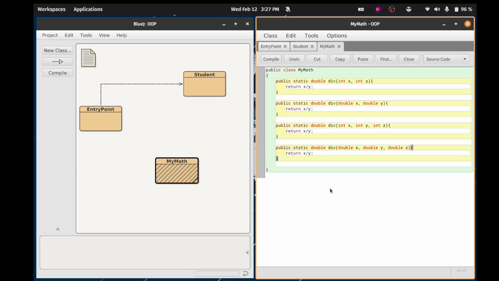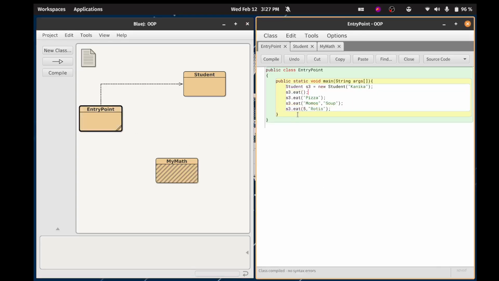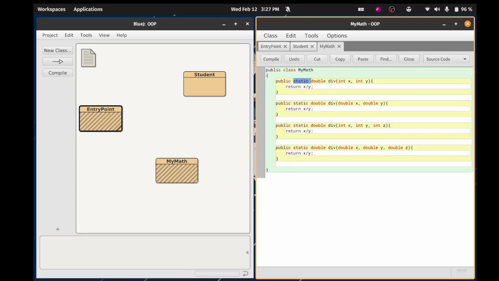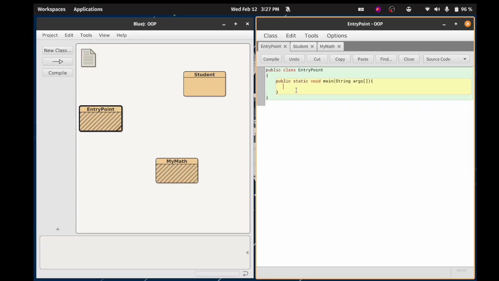Okay, you can go up over here, remove all these things. By the way, you don't need to create a math class to call these functions, because all these are static methods, so you don't need to create the math object over here. You can directly call it mymath.div 5,2, and you can also say mymath.div 10.2 comma 45.78. You can do all these random things over here, and you can simply say